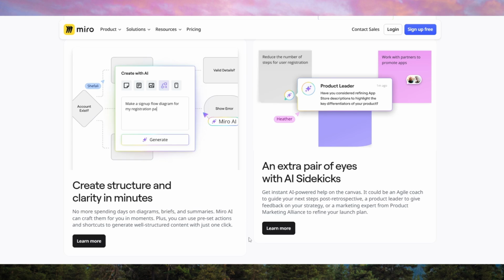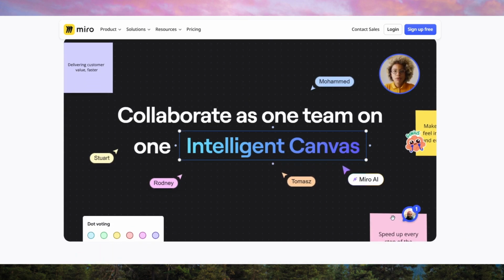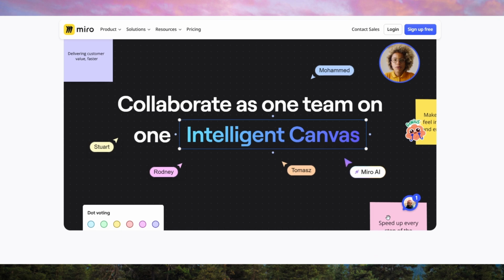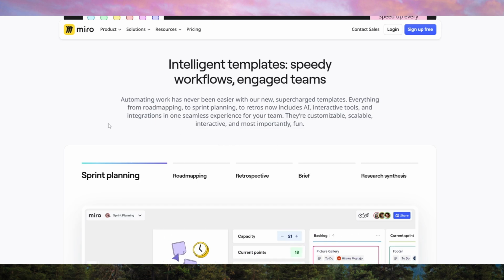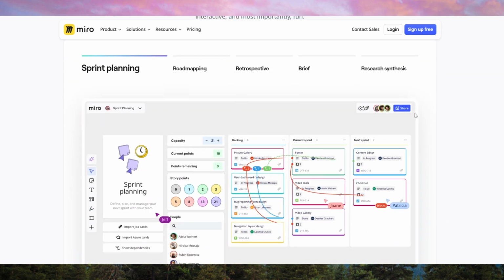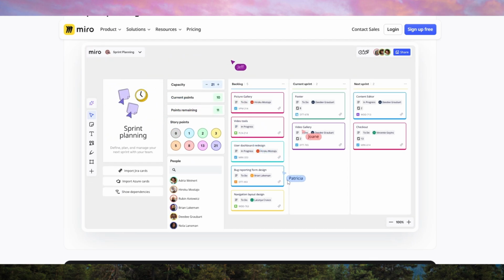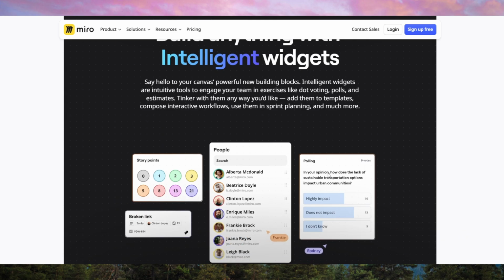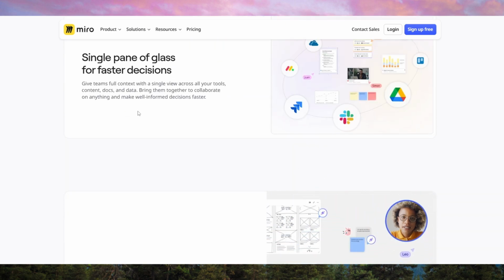However, its value is maximized for teams, not individuals. While solo users can benefit, the platform truly shines when multiple collaborators are involved. Beginners will appreciate its user-friendly interface, but it does have a learning curve if you're exploring advanced features like custom templates or API integrations. One downside is that Miro can become overwhelming for new users with its vast array of